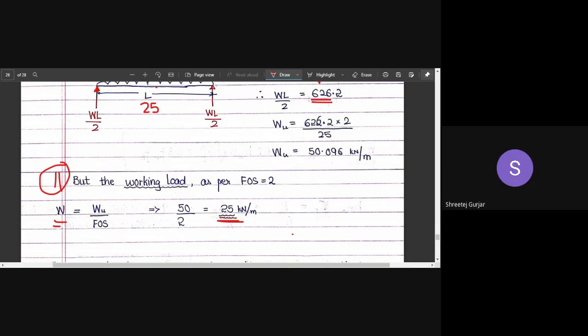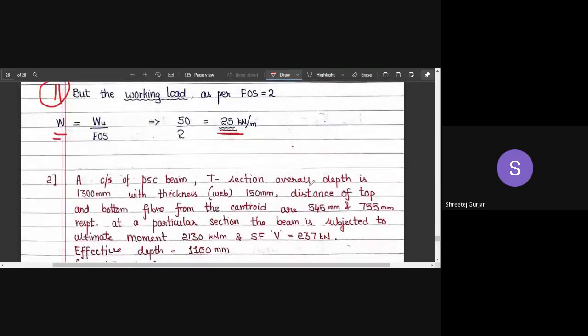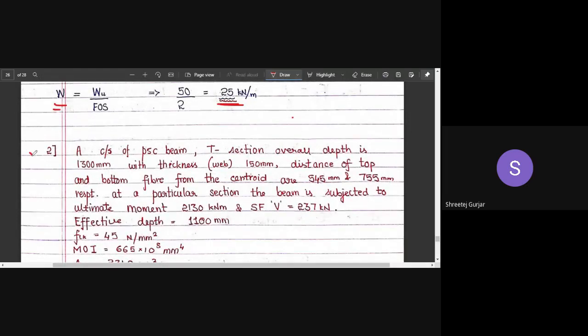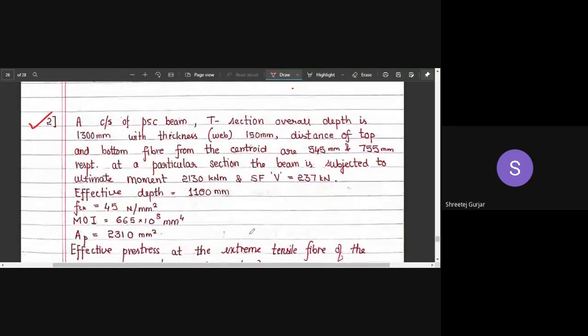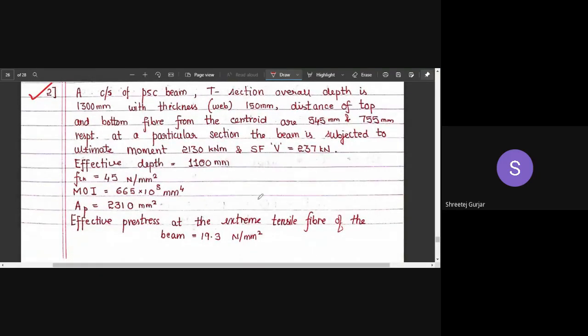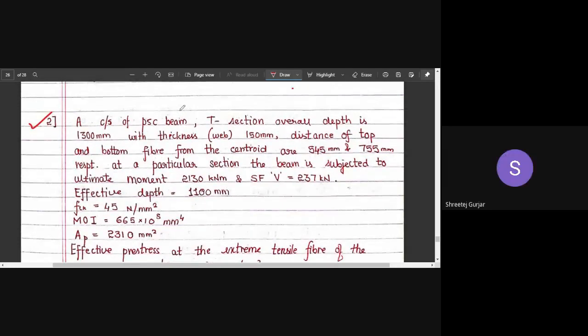Yes, sir. It is clear. Okay. So we shall solve one more and we shall finish today. We shall solve one more. Is it fine? Shall we solve one more problem and then wind up? Yes, sir. Okay. Others, Shubham, Sanju? Yes, sir. Shall we continue? No problem. Okay, good, very good.